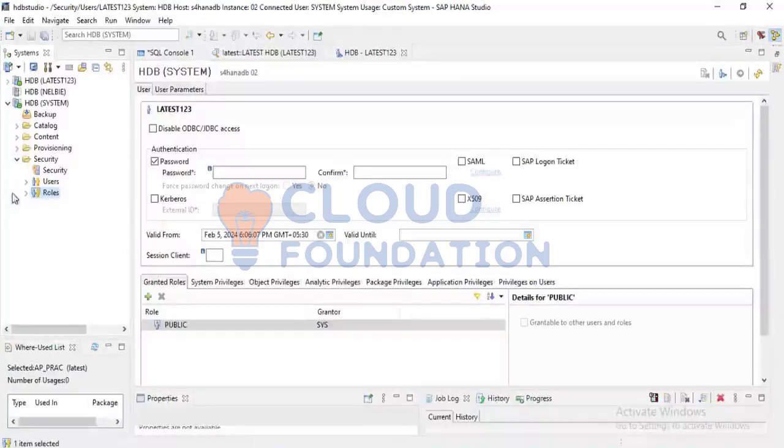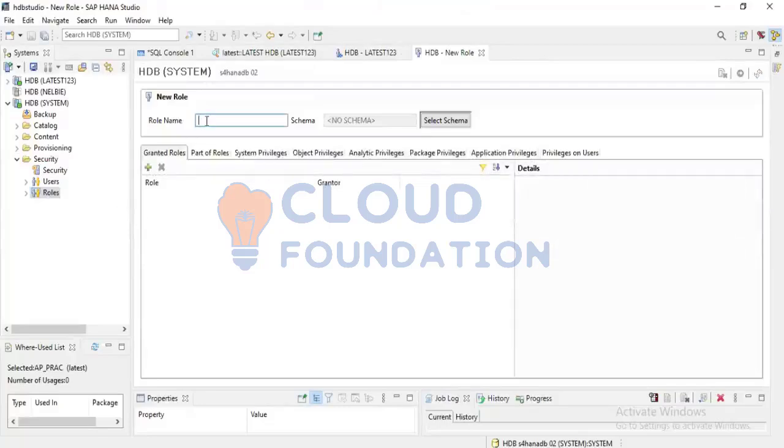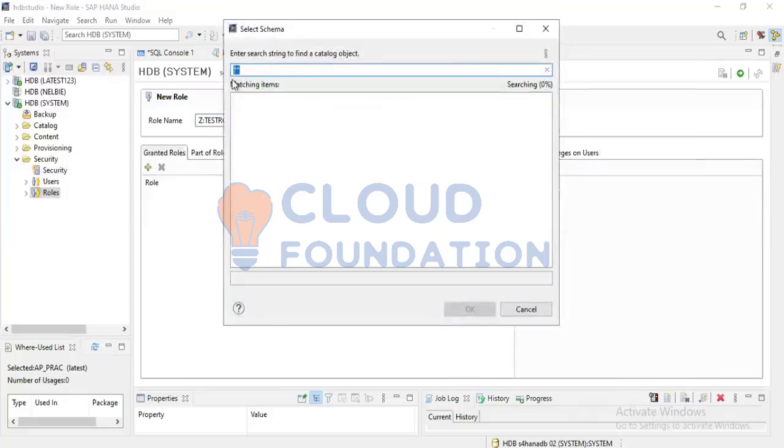Okay, so there are two types of roles. Now the role which I'm going to create is a local role. This role cannot be imported from one system to another system. Okay, let me give some random name. Z test role 1. Okay, that will be my random name. I'm going to select the schema which goes under this. Okay, before that,